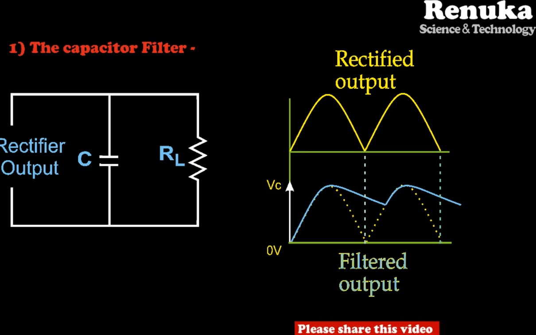Second, as we have already discussed, the capacitor bypasses the AC voltage and blocks the DC. So that property is also used here. Due to which only the AC will be bypassed here and the remaining DC will continue flowing towards the load resistance. Now the second filter is the inductor filter.